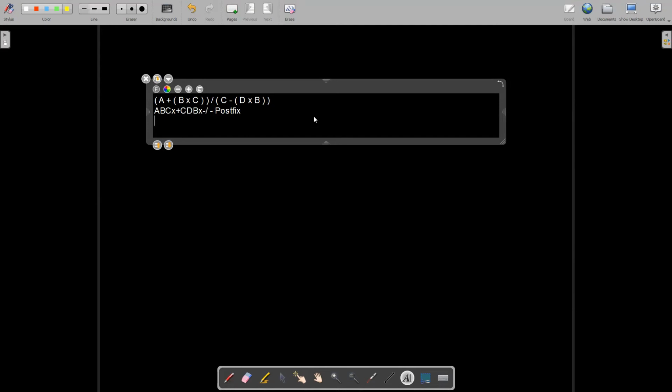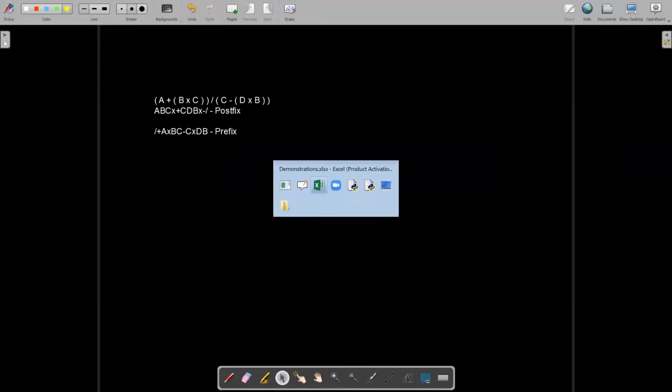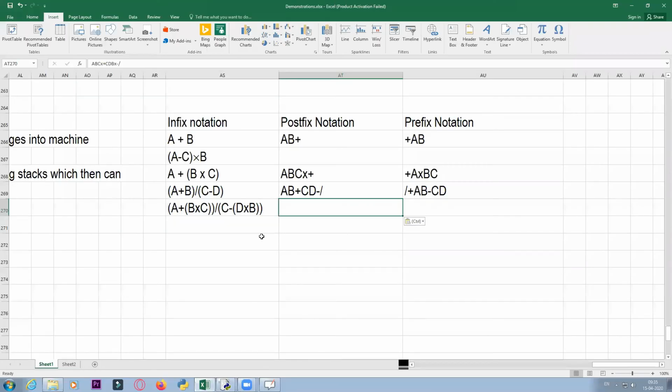We will be solving prefix also now. So we'll take what? First we'll be taking the first bracket, multiply b and c first. Then you have a, and then you have plus. So this solves my first bracket. Second bracket, d and b multiplication, then c, and then a minus, and then you have a division over here. So this is, sorry, I deleted something. This is prefix expression. Now what we are going to do is, as we have understood, I'm giving you a few more questions over here.